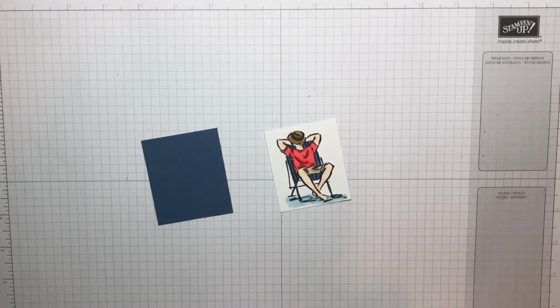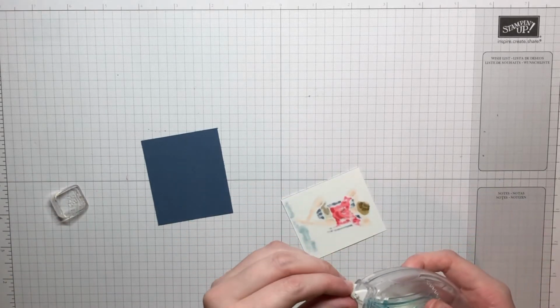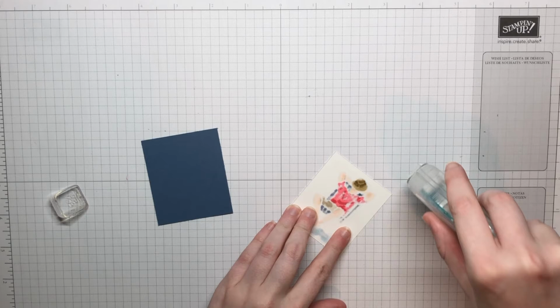Alright, there we go. So next I'm going to grab out my Seal adhesive, and we'll go ahead and put some Seal on the back of this piece